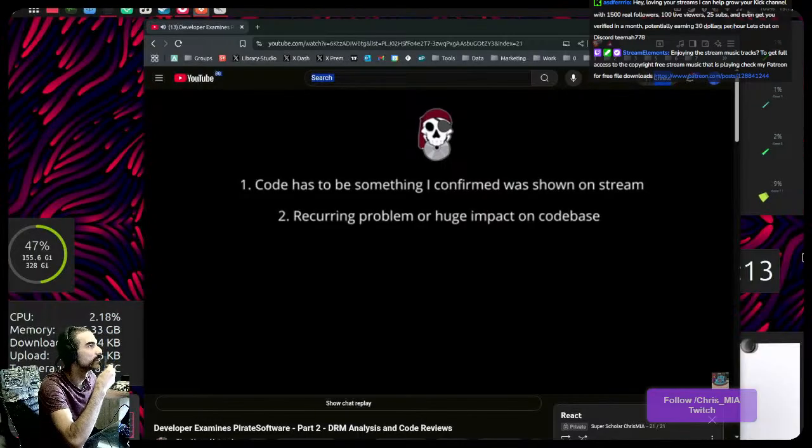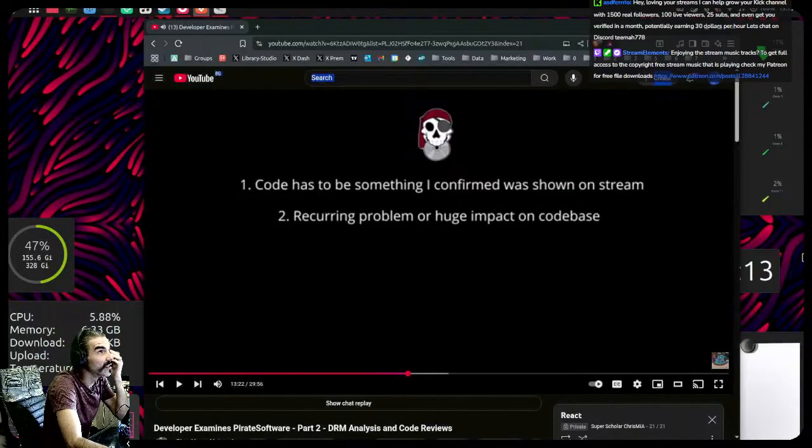Second, the code needs to be a recurring problem or have significant impact on a large part of the code base. So I won't be reviewing some throwaway script on some small unimportant object, like some random tree object that has an attached script. I think that's kind of pointless to review, so I skip those super low hanging fruits. Third, there are tools that we use here and there that eventually we integrate into the main set of code, and we forget there's an extra little script somewhere. That's fair. It's just being human.